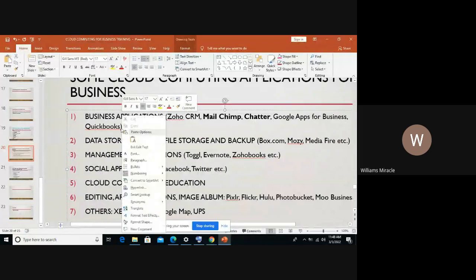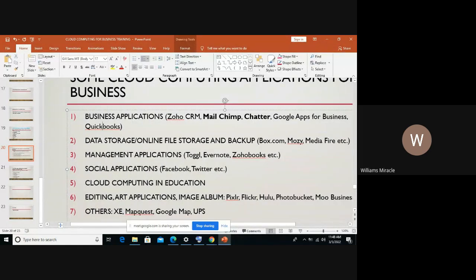There's another one here which is QuickBooks. What QuickBooks does is that it helps you to manage your finance. Since finance is important to your business, it's very important that you manage it. QuickBooks is a cloud financial solution for a business. Like I said, it helps you to monitor your cash flow. By cash flow, we are looking at money that comes into your business and money that goes out, which we could divide into two: the inflow and the outflow. So this is an application on cloud that enables you to track your business cash flow.